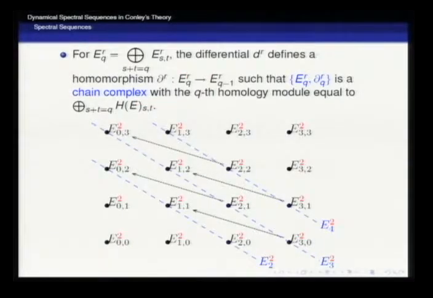This is another way to see exactly what we have. When we look at this direct sum of the modules E^r_{p,q}, the differential d^r defines a homomorphism from E^r_q to E^r_{q-1}. If we look at this diagonally, then we have a chain complex where the differential of the spectral sequence is really just the boundary operator in this new chain complex. So the homology at this stage is just the homology of the direct sum along the diagonal. That's a nice way to visualize that property.